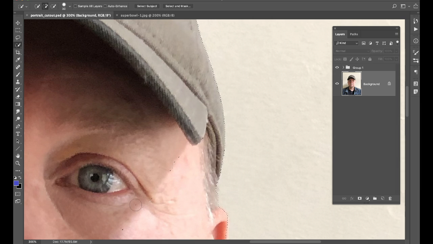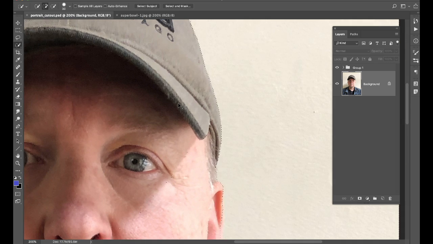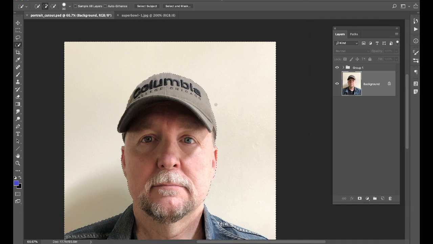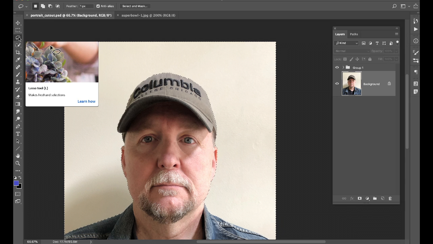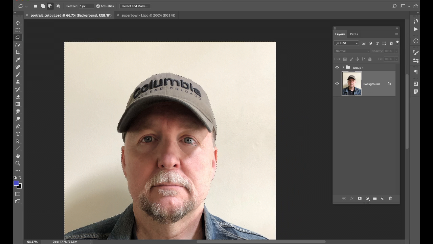And I can see some pixels in this area that didn't get selected. So the easiest thing is to grab the lasso tool and then hold down the Option key, and I'm just going to draw a general shape in here to capture all of those pixels that weren't selected. All right, so now what I have selected is this outside area, and if I hit Command J to